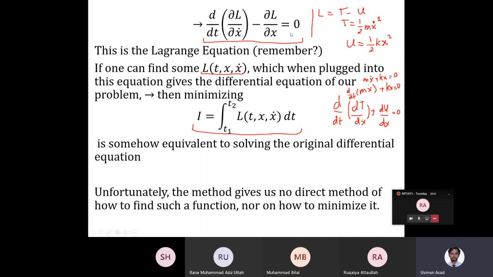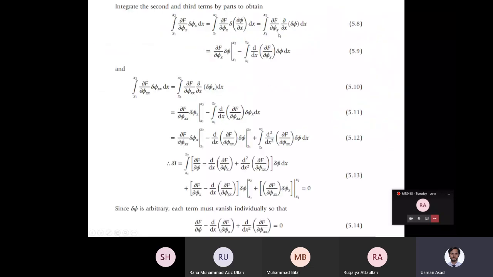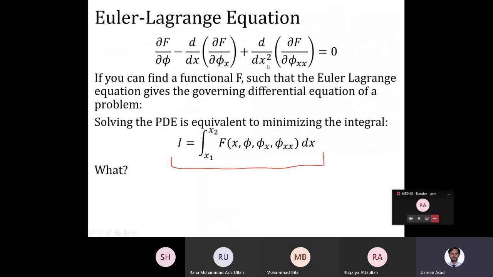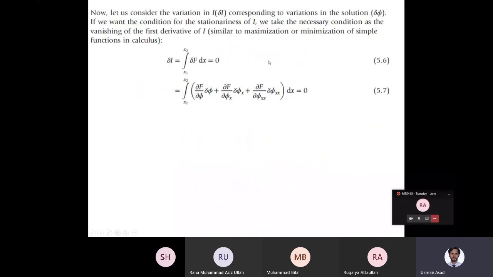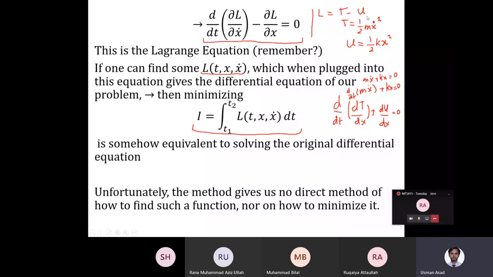So since x double dot नहीं है, इस वजह से इसकी derivation of the Lagrange equation is easier. अगर कोई x double dot भी हम assume करते कि क्या पता कोई x double dot भी हो Lagrangian में, then एक third term भी आ जाती जो कि ये वाली इस तरह की term होती, right, जिसमें ये double derivative होता, but इस case में नहीं था, right. So कहने का मकसद ये था कि इस Lagrangian का integral को minimize करने से जो solution मिलती है, that is the solution to our actual differential equation, which is m x double dot plus k x is equal to 0,